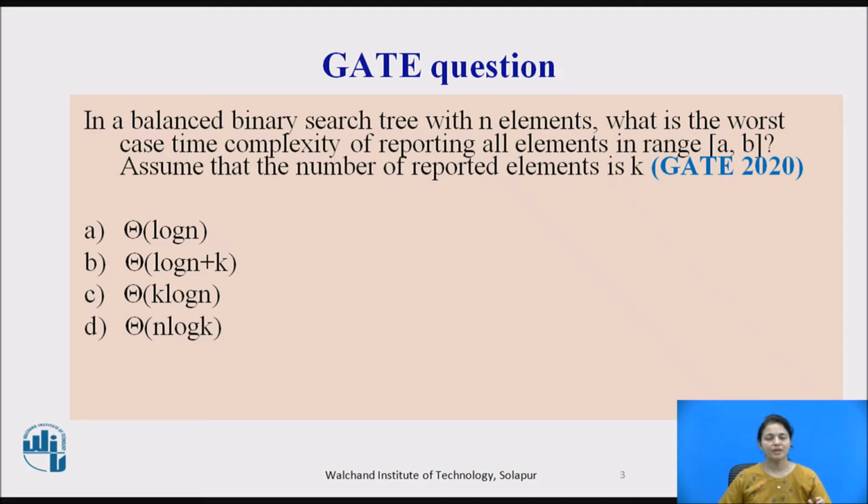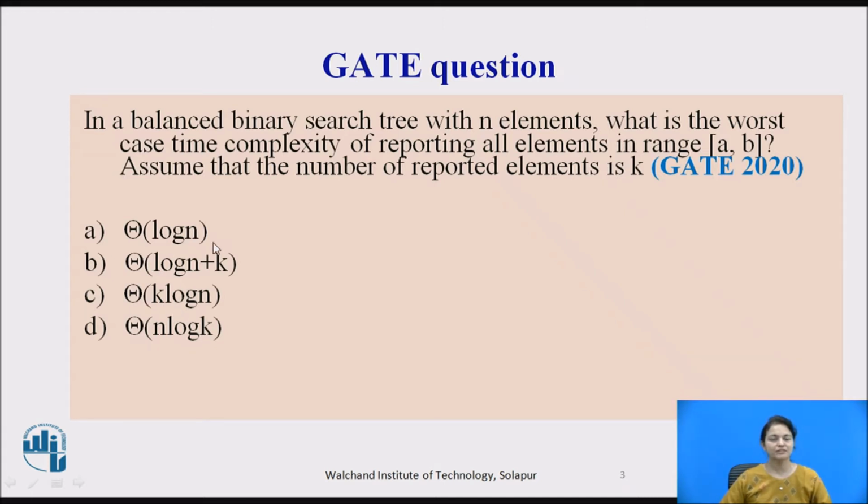From any node to any node, it is considered a source node A and destination B. If we want to travel from A to B, the number of reported elements will be k. Considering that, we have to find the worst case complexity.